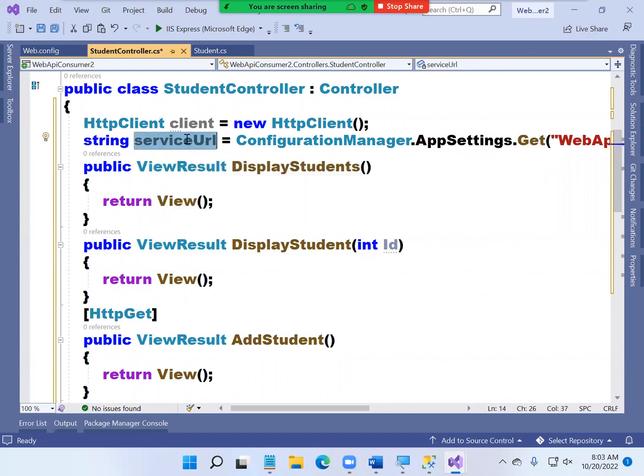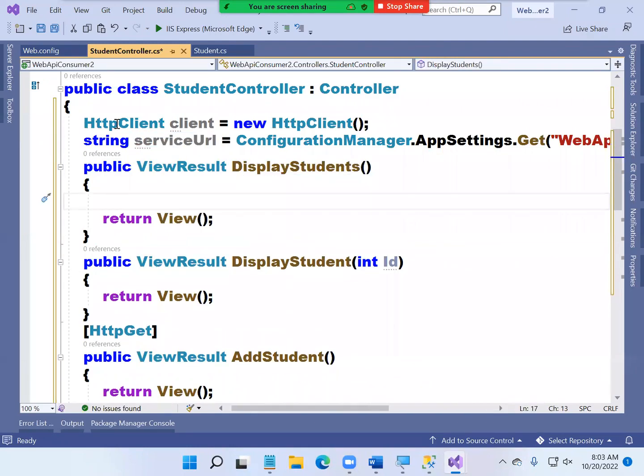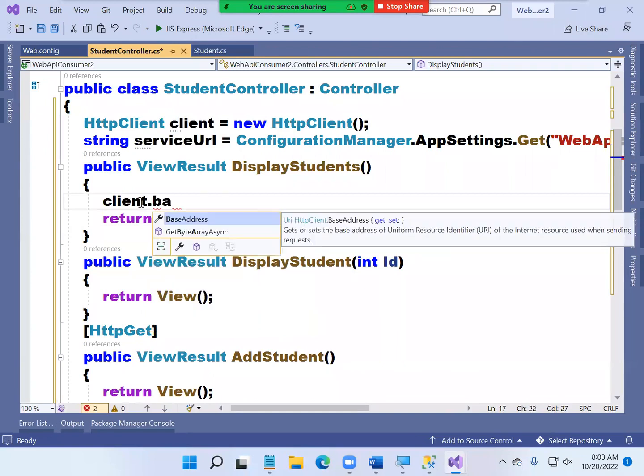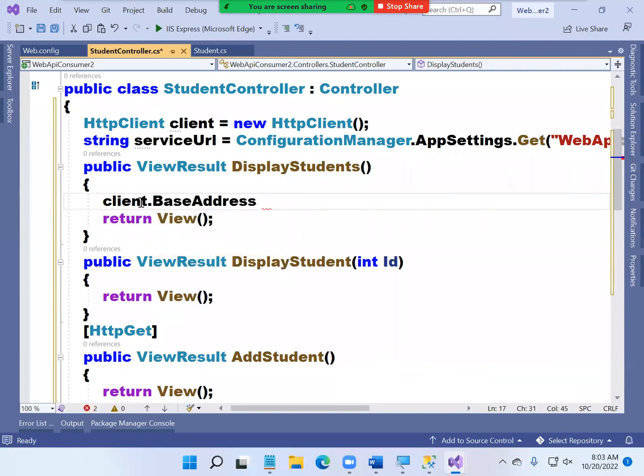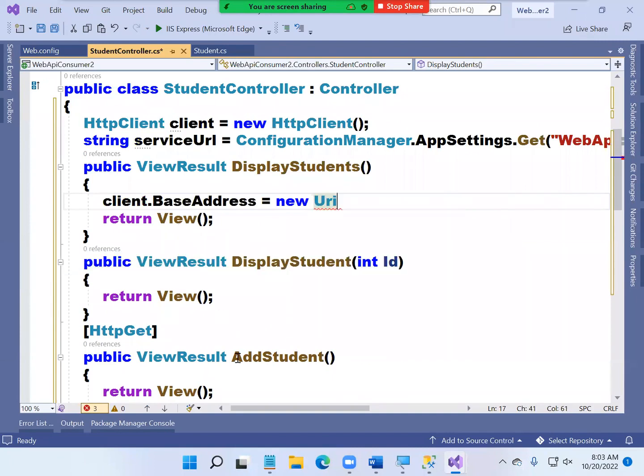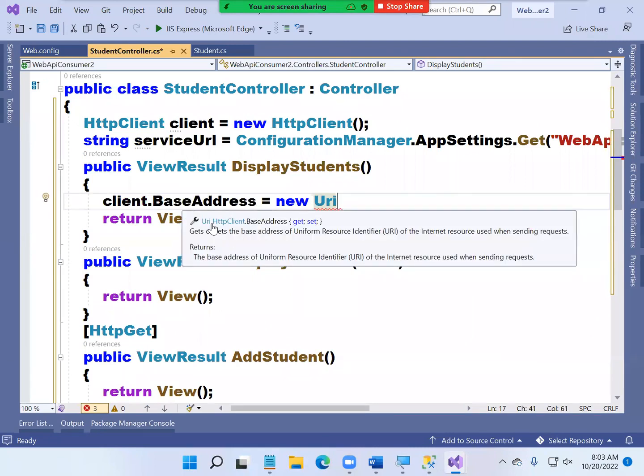Okay. Now let us write the code for calling this. Who calls? This class is going to call. So because this class is going to call, you're required to do a setting now. Client dot base address. You're required to pass the address from where the calling should be done, equals new URI. Basically, the base address property will take a value of type